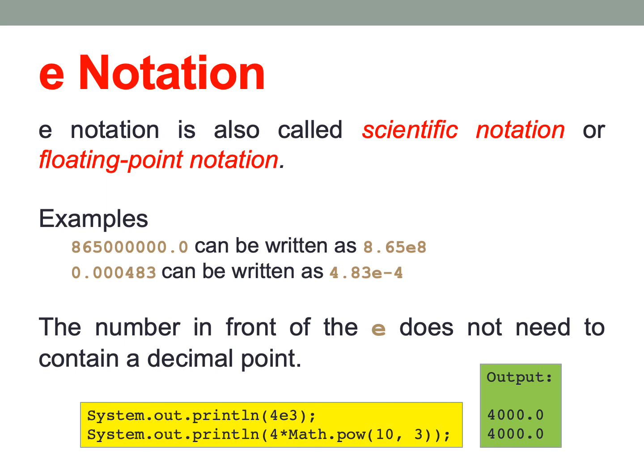The number in front of the E does not need to contain a decimal point, meaning it can be any number. Say that if we have 4E3, that is the same as the value 4000.0 or 4 times 10 to